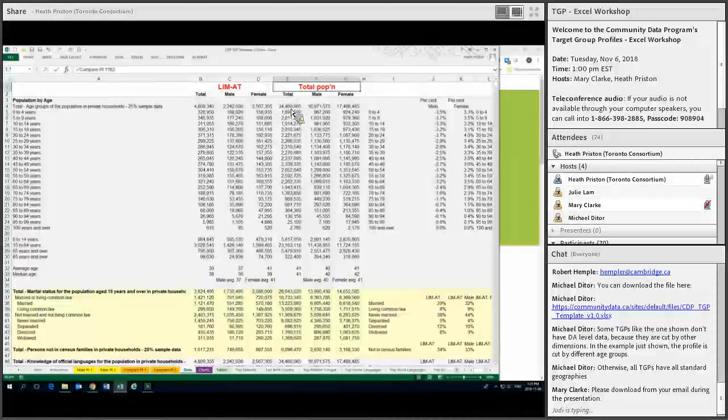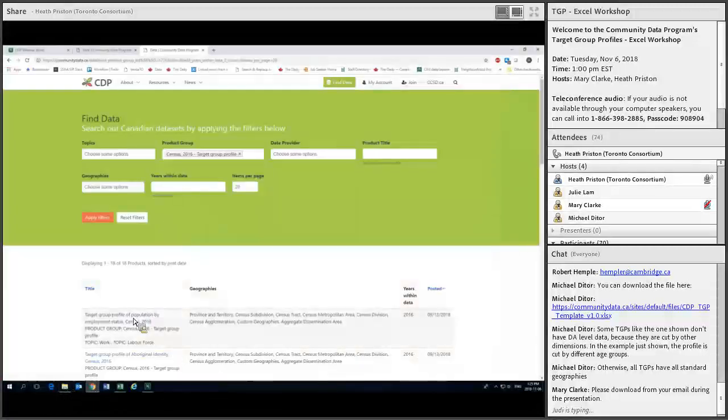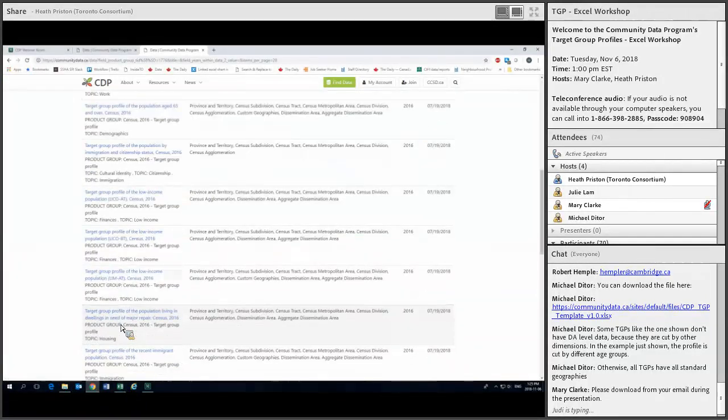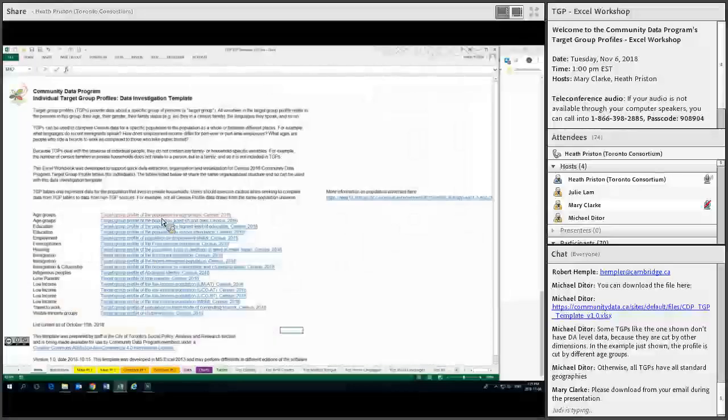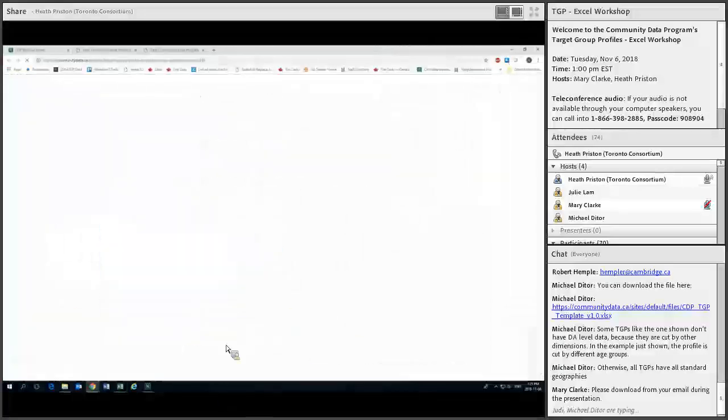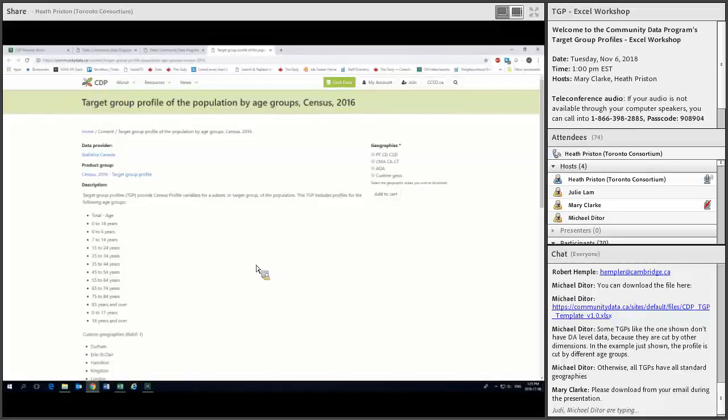So we start with population by age, and here we've got our 2 populations that we're looking at. The data that's already populated in the tool is at the national level for Canada, and it's comparing one low-income population, so everyone who would count as being in low income under the low income measure after tax, as compared to the overall total population. So now you'll go, oh, wait a minute, where did you get the total population from? Because we know we can't just take the regular census profile and pop that in there. Well, again, as you saw with some of these